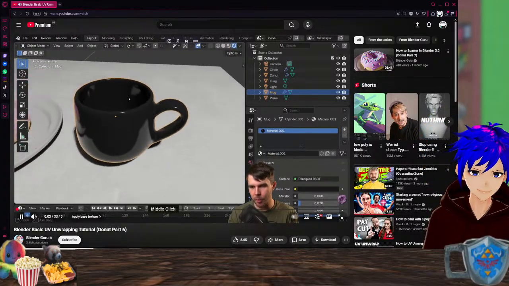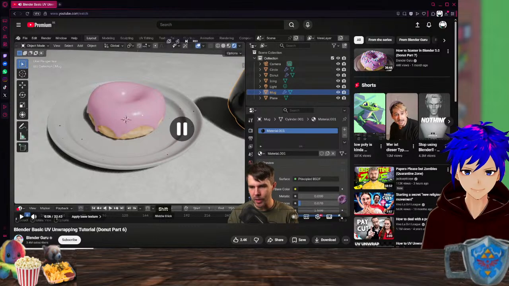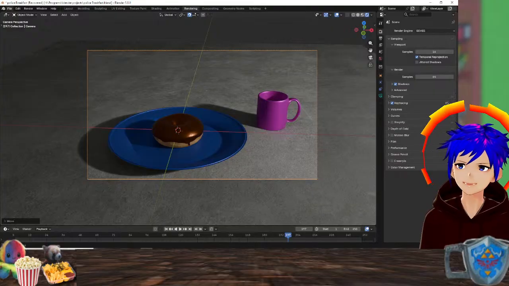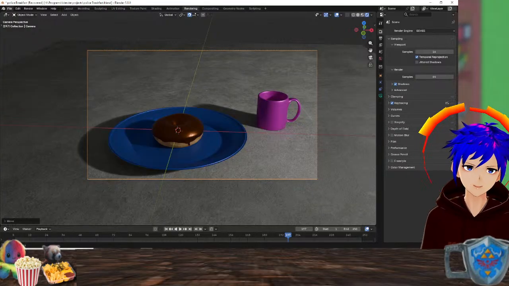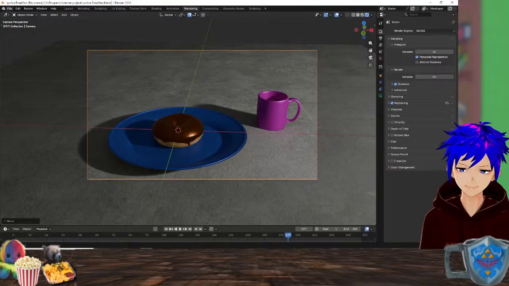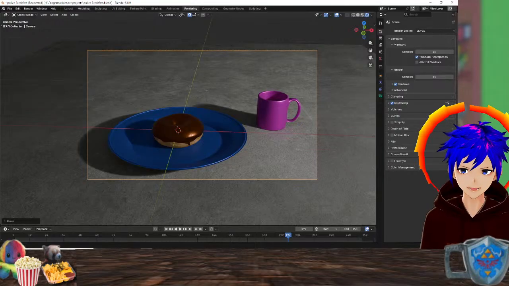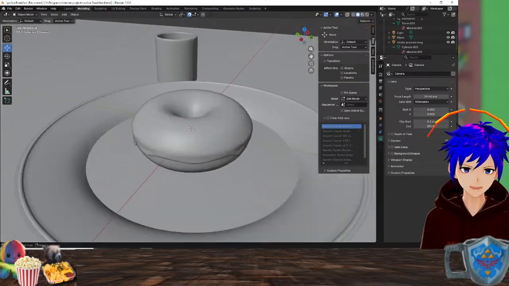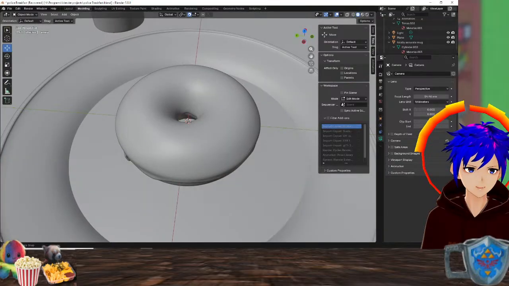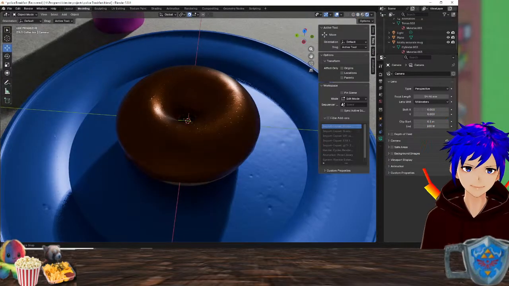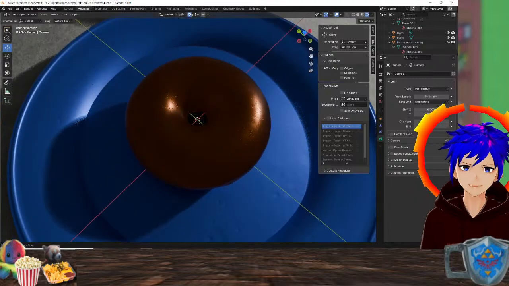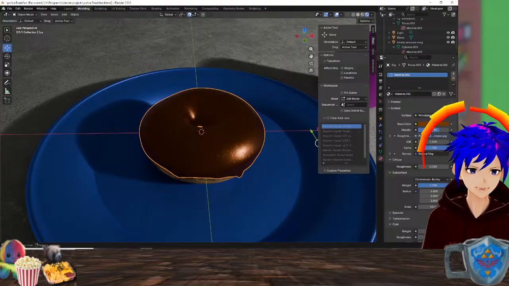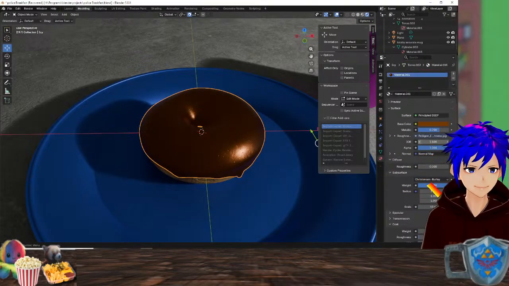Unwrap and texture our mug. So we did a little bit with it. Just to recap, in order to unwrap any more increased details, I have to make seams. Am I getting this right? Yes, let's go. And that's what I did here, and that's why the texture now wraps more neatly around that thing. Also, on purpose I used incredibly unnecessarily high stats just for the joke of it.